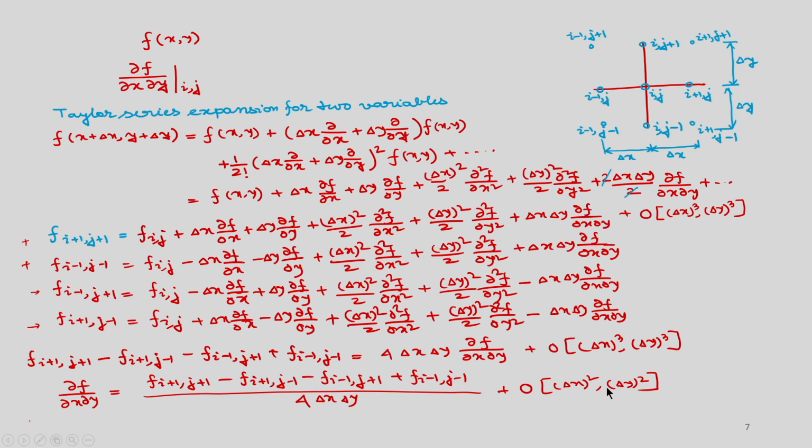So, this mixed derivative we have found using the Taylor series expansion, but you can also derive it in this way. You can write ∂²f/∂x∂y as ∂/∂x of ∂f/∂y. Okay. Now, you can use the central difference. If you use the central difference, then the order of accuracy will be Δx² and Δy². So, ∂/∂x, and now we are using ∂f/∂y, so that we are using f at i, j. Okay. So, this we are writing.